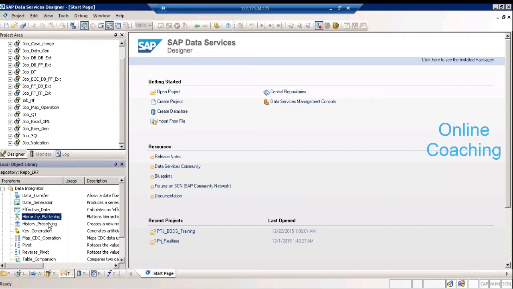So let us say if you know that your data will change only on these few columns, what you can do is drag these few columns into compare column list. Or if you know that your data will change only on one particular column, you can just drag that one single column into the compare column list, right? Or if you don't give anything in this compare column list, which means that other than these two columns that are kept here, all the